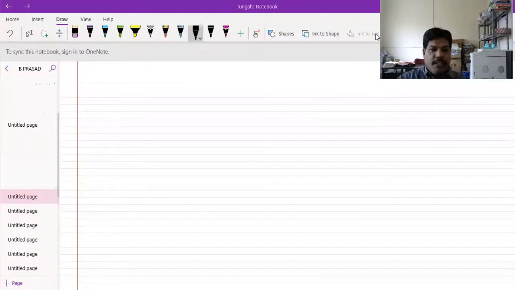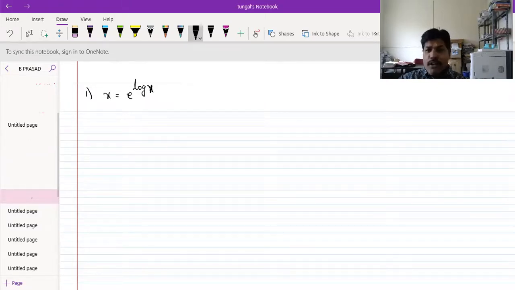See some properties of the logarithms. You can understand these are the properties we are going to use. x is equal to e power log x. And see this one, I will give the proof also for this one. First, I will take, let y is equal to e power log x. So if you apply the log,